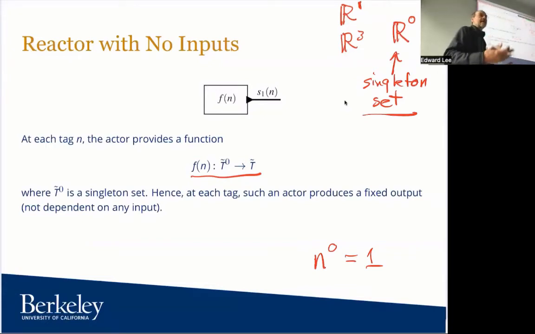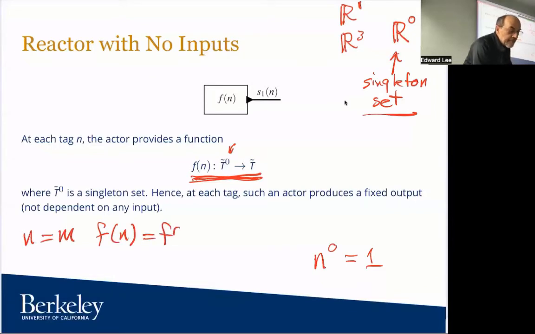So in set theory, people do something very analogous, and they simply define the 0th power of any set to be a singleton set. Now, a singleton set has a pretty unique property with regard to functions. If the domain of the function has exactly one element, it doesn't matter what that element is. The function can only yield one possible value, because there's only one possible argument. What makes a function a function? Well, if n equals m, then f of n equals f of m. Otherwise, it's not a function. So if the domain has only one element, then n always equals m, and the function can only ever